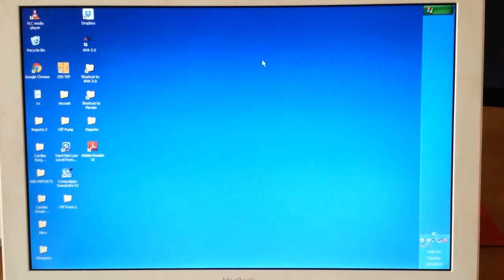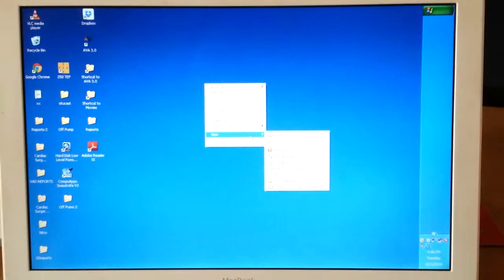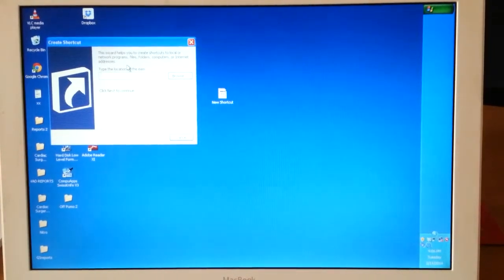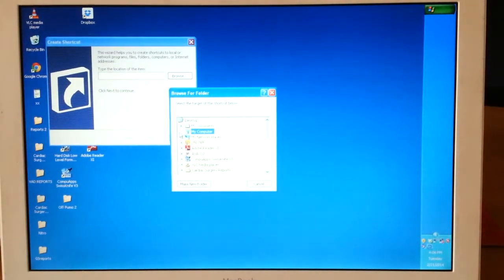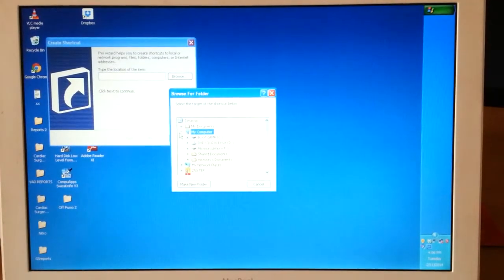The first thing that you should do, once you're booted up into Windows, is create a shortcut to this AVA 3.0 folder. The way that you do that, you just right click, go down to New. It's a little bit tough to see, but basically you go down to New and then Shortcut. It's the second choice, and then it'll come up with a window that asks you to create this shortcut, and you browse and find where your AVA 3.0 folder is. So in my case, it's in my computer, C drive, boot camp, and then AVA 3.0, and then you click